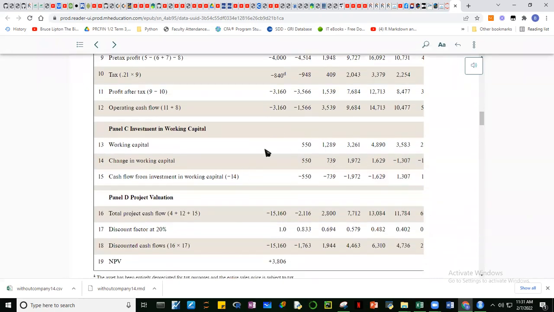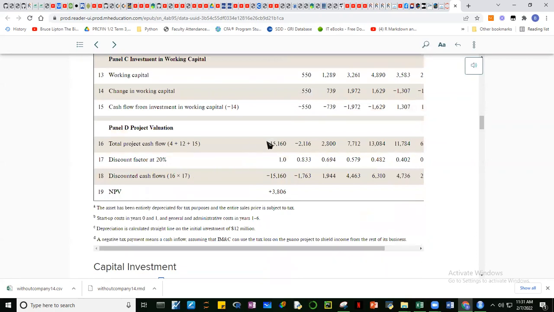Okay, and thirdly, tinitingnan din yung working capital. Ito yung changes ng net current assets at current liabilities. So papasok dito 'yon. And then what do we do now? We will add now yung tatlong components: yung initial investment, row 4 dito, yung operating cash flow, yung row 12, at saka yung working capital, row 15. So ipagsasama-sama yan, and then you now have your cash flows. And then we now get the discounted cash flow and then come up with the net present value.